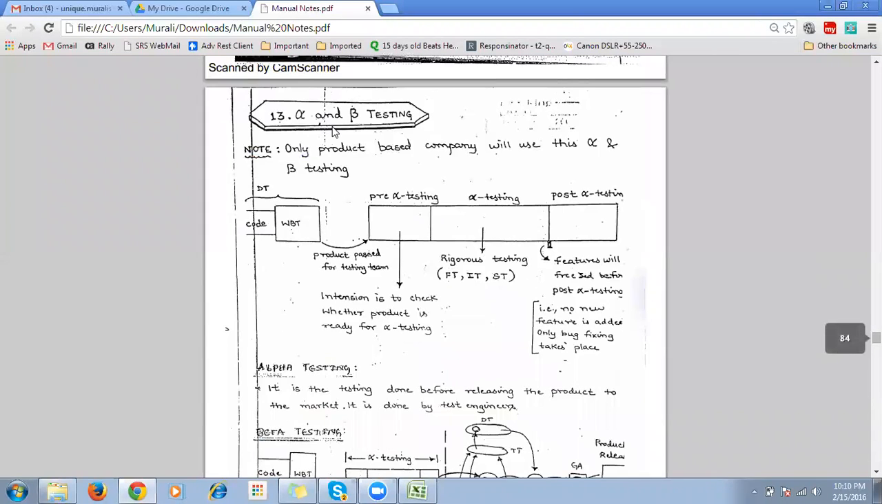Next, alpha and beta testing. What is this alpha and beta testing? We have already seen it. Most probably only product-based companies use alpha and beta testing. It is not 100%, but most probably. If my product is completely developed and tested, and we make sure everything is working perfectly fine,